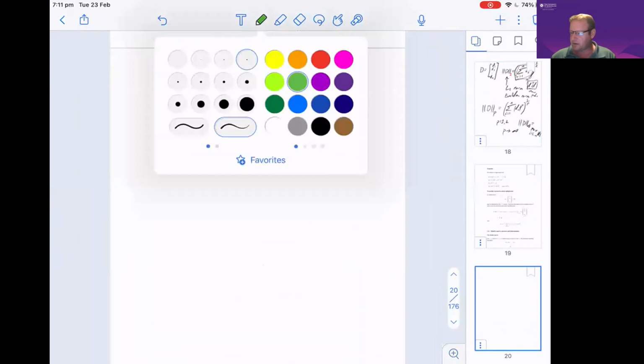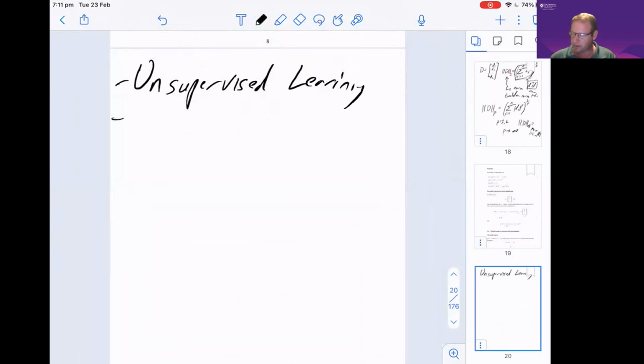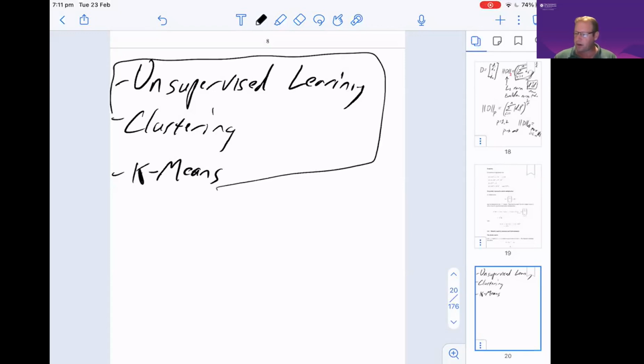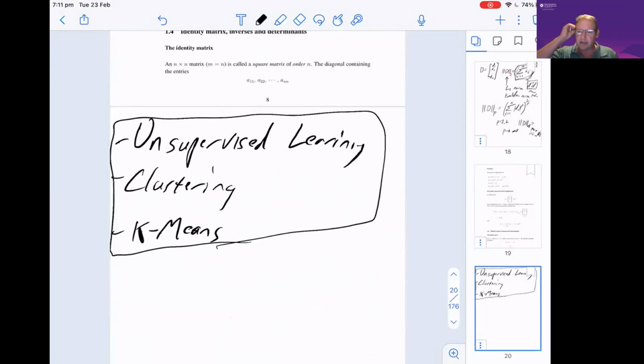This is a case of unsupervised learning, and we're going to look at clustering, and we're going to look at k-means, which is one form of clustering. K is going to be a parameter, but also the name of the algorithm. In this course, Math7501, we're certainly not teaching these methods so that you take the method and go and you're ready to use it. But we're showing you how the bit of mathematics that we've just touched on, vectors and matrices, and in this case norms, has to do with